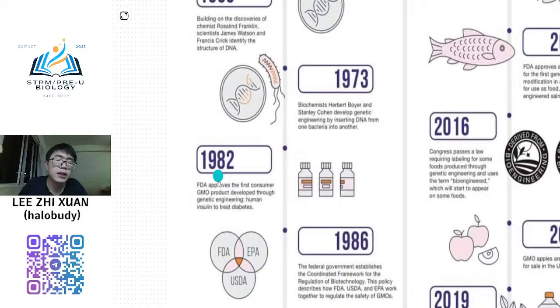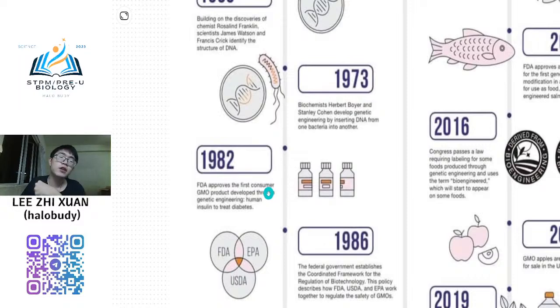The first pharmaceutical product produced using genetic engineering is human insulin. When you use this technology, we can produce a high amount of human insulin compared to the conventional method. In the conventional method, when genetic engineering was not discovered yet, how did we get human insulin? Normally, we got the insulin from animals like cow, sheep, elephant, all those animals.